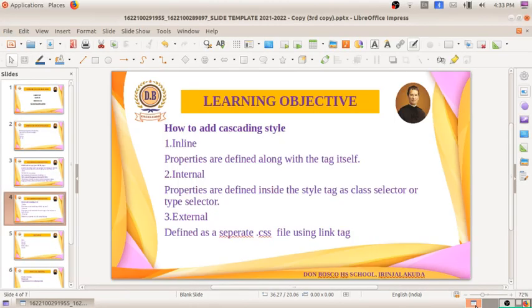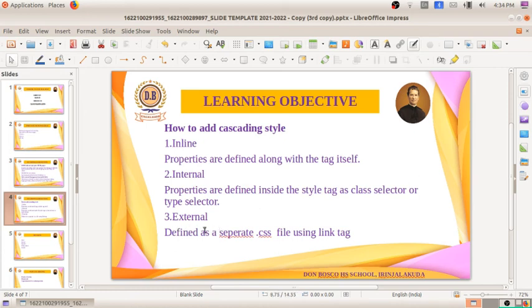And the next one is internal CSS, which we have done before. We used the style tag under the head tag. We have created a particular style tag and we have applied the attributes. If we want to divide it into different classes, that is also possible. According to the question we can do it with a class selector or type selector. In two ways we can divide that. If we are doing like this, it is known as the internal CSS.